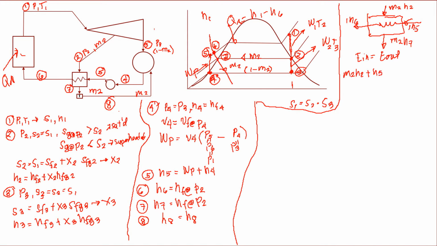So therefore, energy in: M2 H2 plus H5 is equal to, when you multiply 1 by H5 it is H5, and when you multiply 1 times H6, this is H6. So H6 plus M2 H7. Thus, your M2 is equal to H6 minus H5 over H2 minus H7. Okay? So now we will compute the work. The work of the pump is the same,